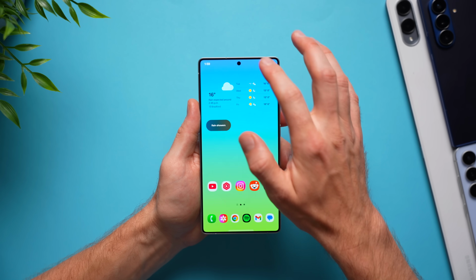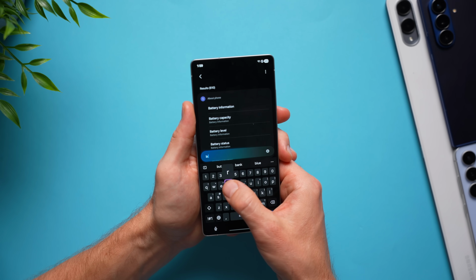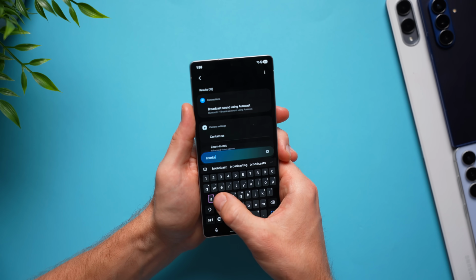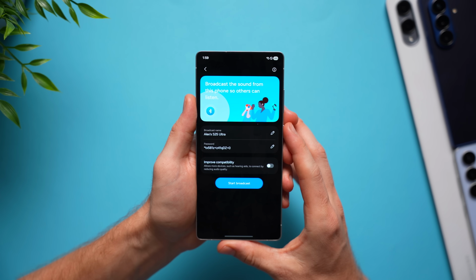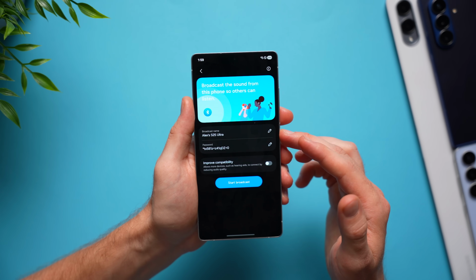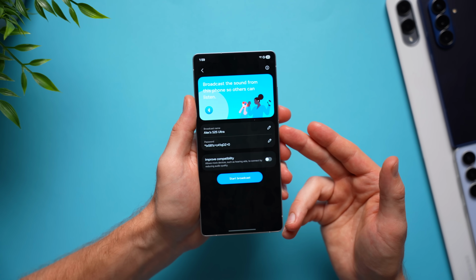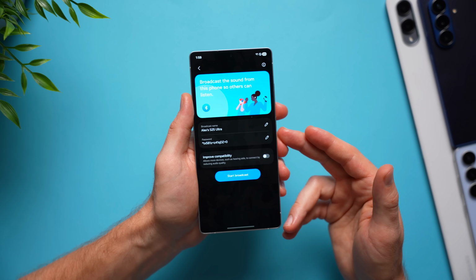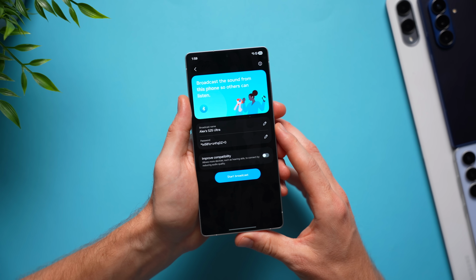We also got a nice little quality of life improvement to the broadcast feature on Samsung phones. So you might not know this, but you can search for broadcast in your settings and you have this option here for broadcast sound using Auracast. And essentially how this works is you can broadcast any sound from this phone onto any other Bluetooth devices. So if you're listening to music or maybe a podcast or a video or a Netflix movie and you want your friend to be able to listen in with you, you can connect your phone to your Bluetooth headset and